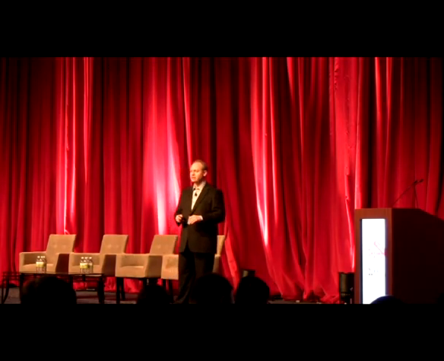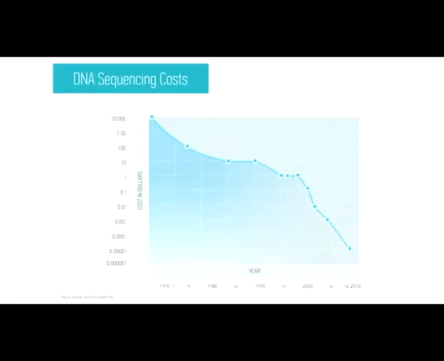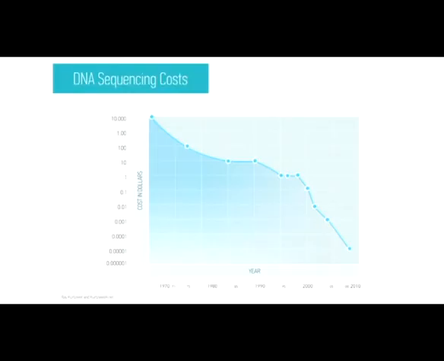And like other exponential technologies, it is radically, exponentially dropping in price and increasing in volume. So this is an exponential trend that shows the decreasing cost of DNA sequencing. 1990, $10 per base pair to sequence, and there are about 3 billion base pairs in DNA. And we're now